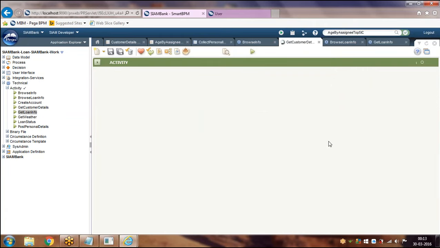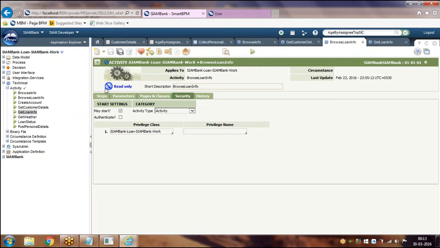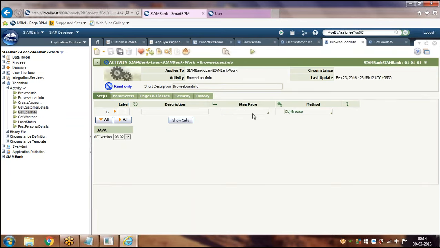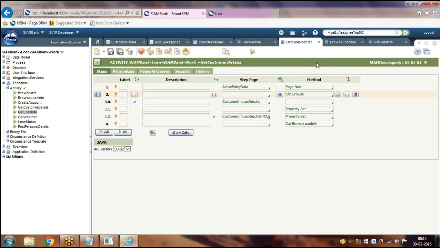System has stuck. Okay, so see, this obj browse method we have here, the same thing we have in this class as well, this activity as well. So rather than having multiple steps in the obj browse method, you may have to use the same step in multiple activities.